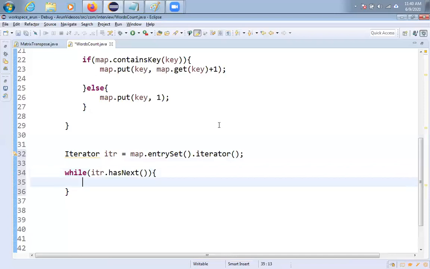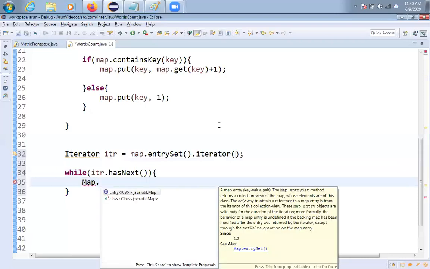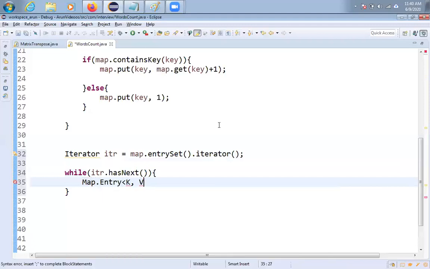Then inside I am trying to get the entry. Entry is an interface available inside the Map interface, so I'm taking Map dot Entry, m. And iterator dot next will give you an object only, so you have to convert it into an entry object. How to convert? Typecasting. Very simple, friends. Map dot Entry only.